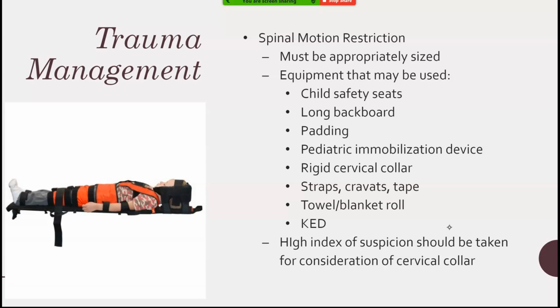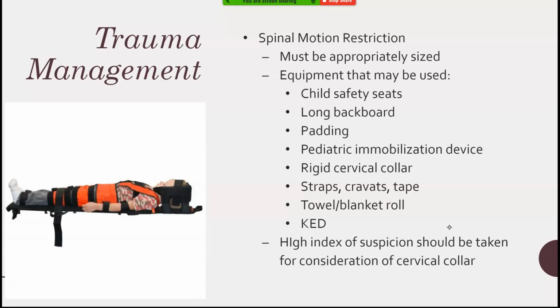But what's the problem? If you look at this kid right here, what's the problem with her positioning? Exactly. The padding looks like it's under her head, so her airway is down. There's not going to be adequate airway maintenance there. The papoose is really great because it actually has these elastic bands that hold every single limb down individually,